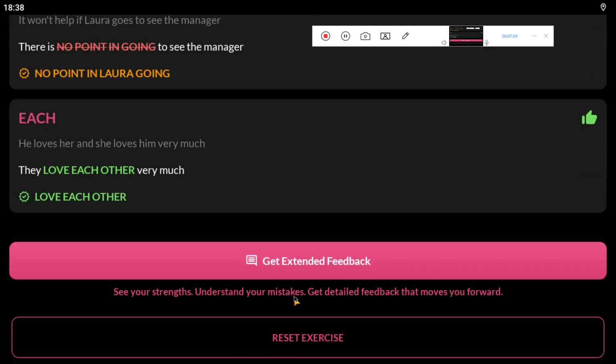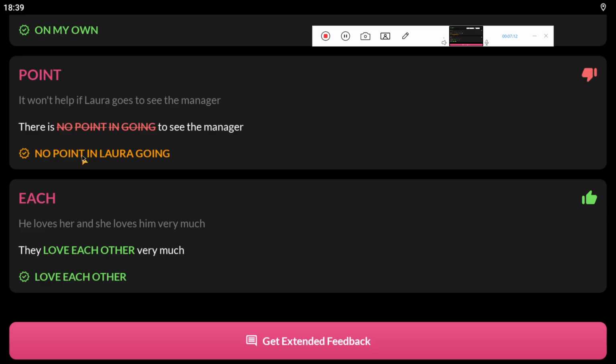Just in the structure of Laura, that's a little bit new and kind of confusing. There are like several expressions to say in Spanish, no tiene caso hacer algo. Several of them, the most common of them are, it is useless. For example, it is useless going to see the manager. It is no use going to see. And the most common is there is no point in. Is the whole phrase. Always. There is no point in doing something.